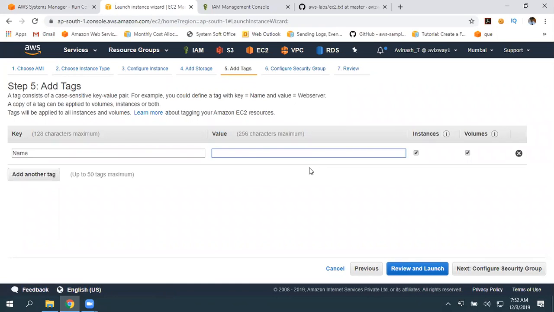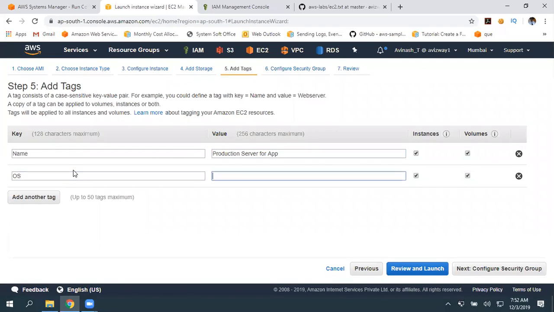For example, let's assume this is your production server, for one particular application. So for easy understanding and management, you give a Name tag. Along with that, make sure you maintain some tags.